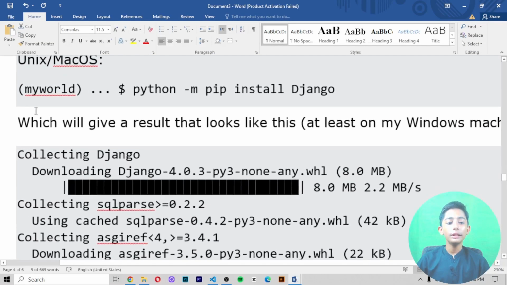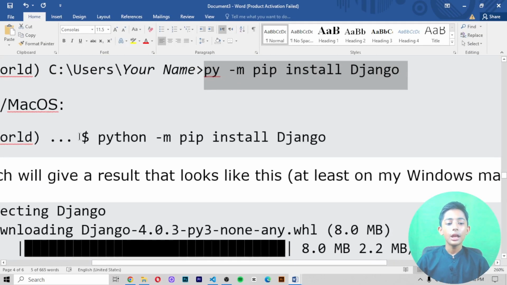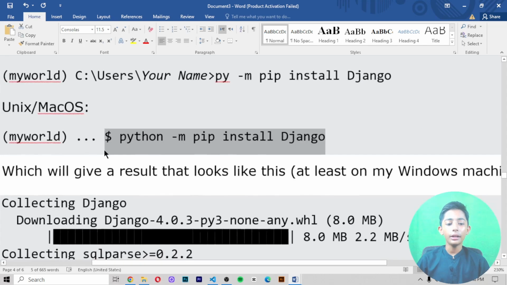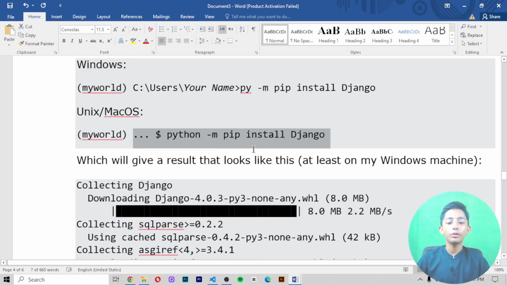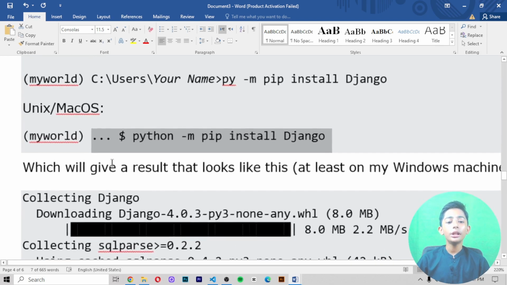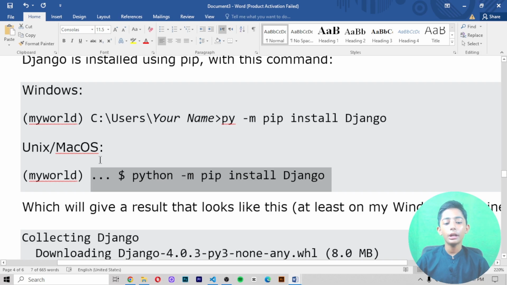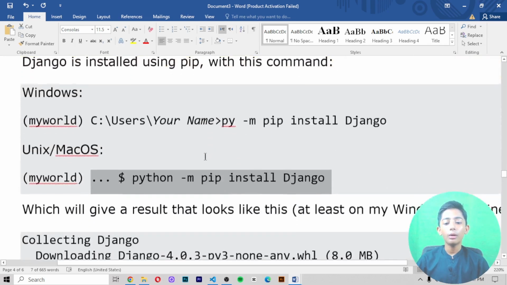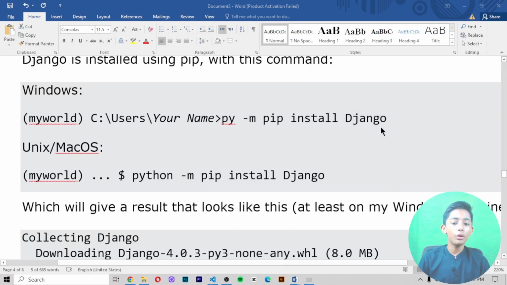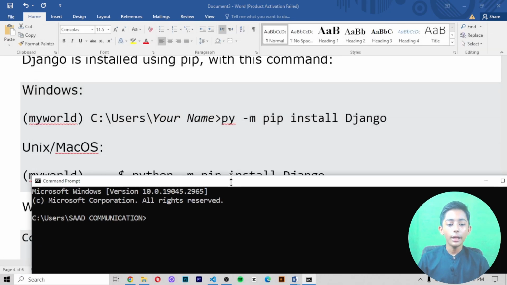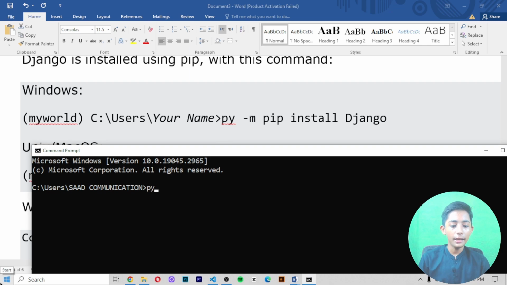And if you are on Unix, Linux or Mac, you write this type of command in your Linux or Mac. Then Django will start downloading. I have already downloaded Django on my Windows, so I do not download it another time. I'm just giving you the one command for how to download Django. You go to the command prompt, and then you write py -m